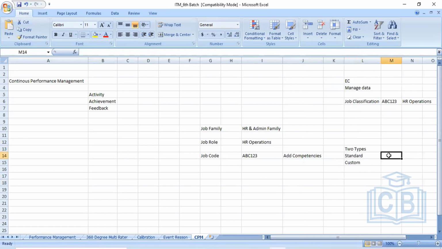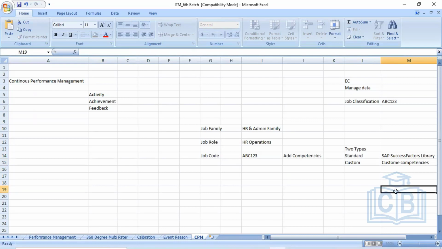One is standard, which you can have from the SAP SuccessFactors library. Got it? And custom, we are able to add custom competencies. Either you take the competency from the standard library and map it with this job code, or you map the custom one which you have already created.